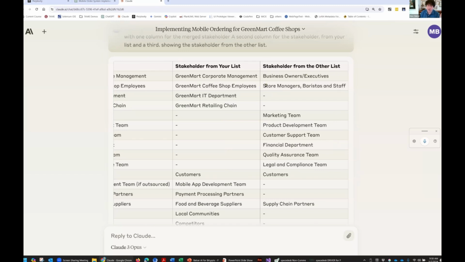Coffee shop employees were listed as store managers, baristas, and staff in the other list.